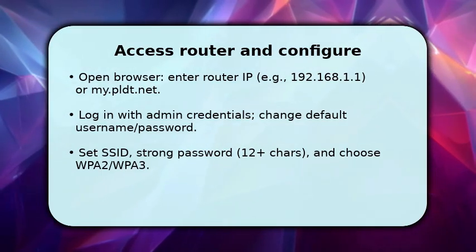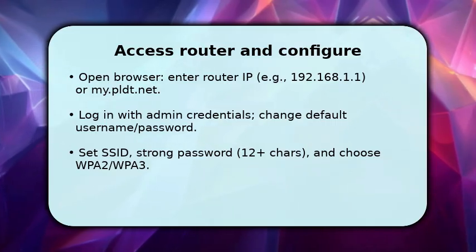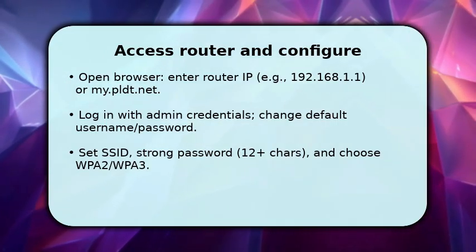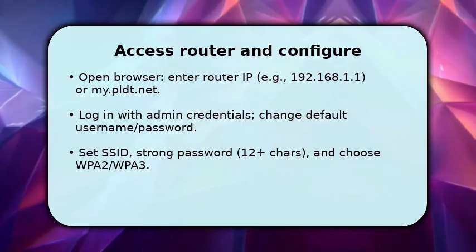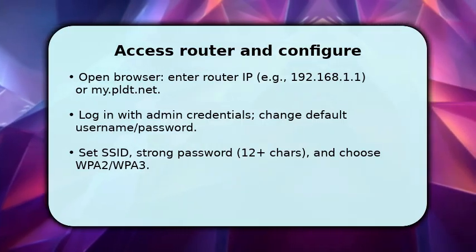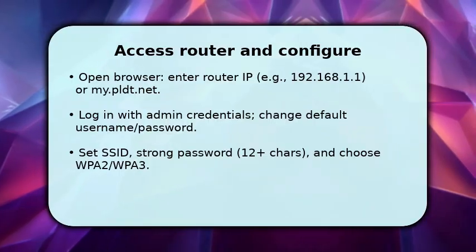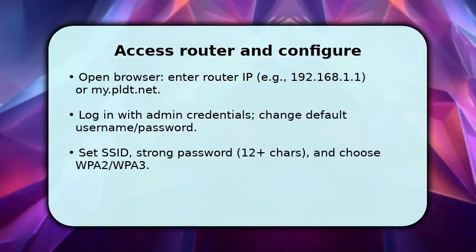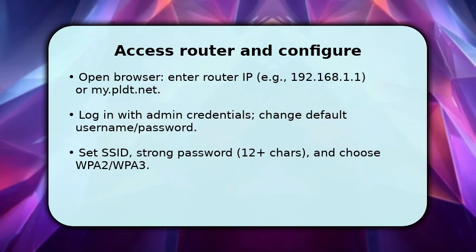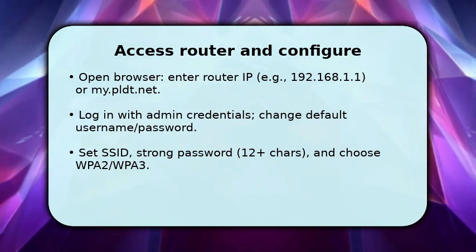Next, rename the SSID to something recognizable and set a strong Wi-Fi password of at least 12 characters. Select WPA2 or WPA3 security. Make sure to save settings and reboot the router if prompted, so the new configuration takes effect before connecting your